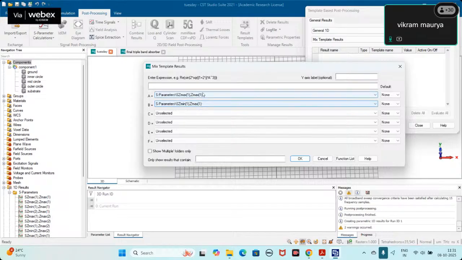Now, both the terms I have mentioned as A and B, just like in your C programming and any programming, you have to mention the values. Now, 1 minus, because this S11 has its real and imaginary part and it is a complex term, then you have to use only the magnitude part. So ABS means the absolute part of S11. I have to choose. Okay. 1 minus ABS A